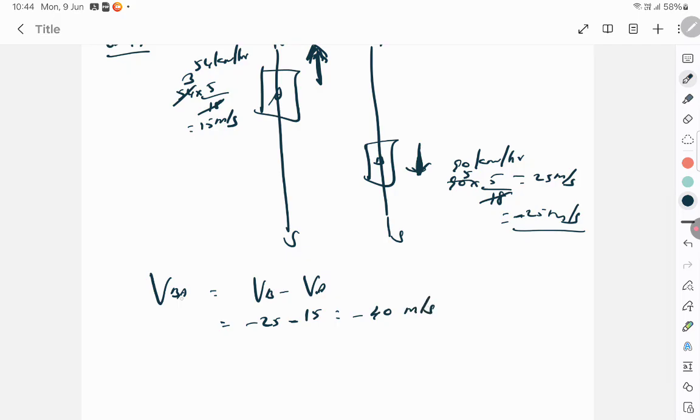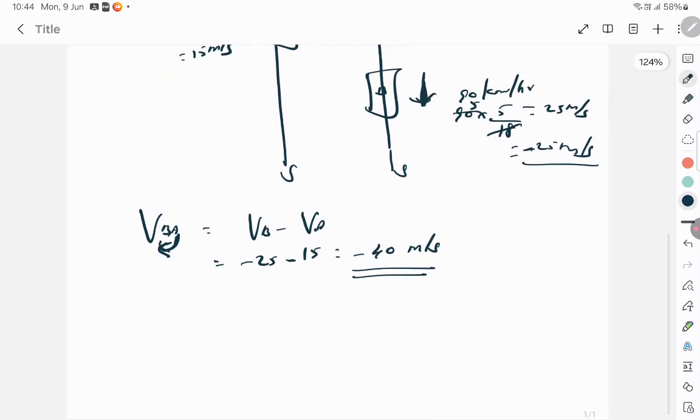So as you can see, from A, you're looking at B. Sitting in A and looking at B, you know that B is going in the other direction. That shows that this is minus 40 meter per second. So then, okay, so the next